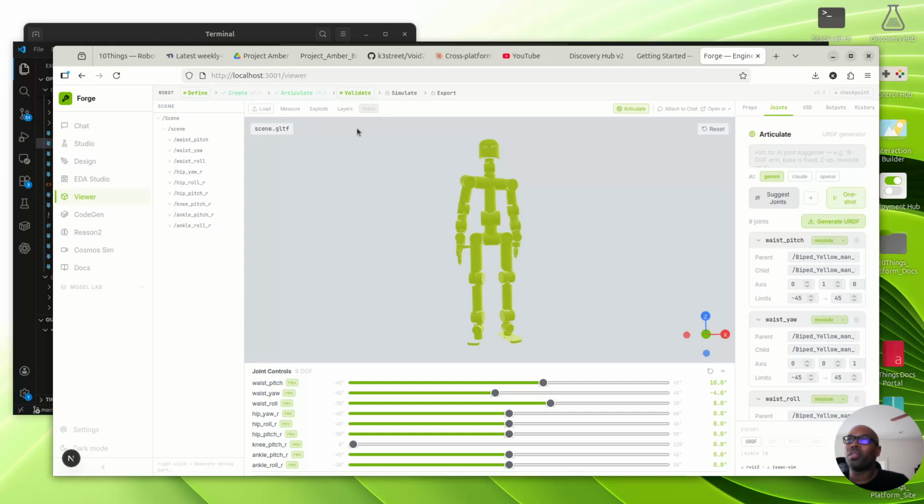But anyway, this is something called Forge. I've been working on this for quite a while. It's had pieces of it, if you've seen my other videos, like USD View extensions, Isaac Sim extensions, all that kind of stuff. I separated it out from my big 10 things project because it doesn't quite fit.